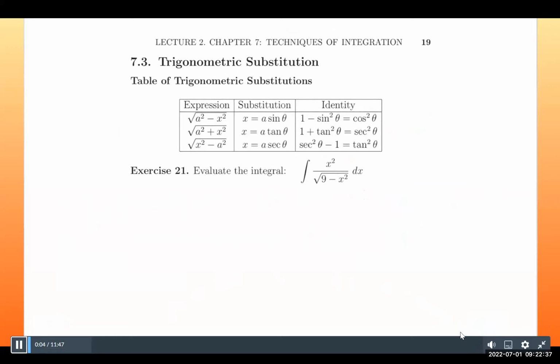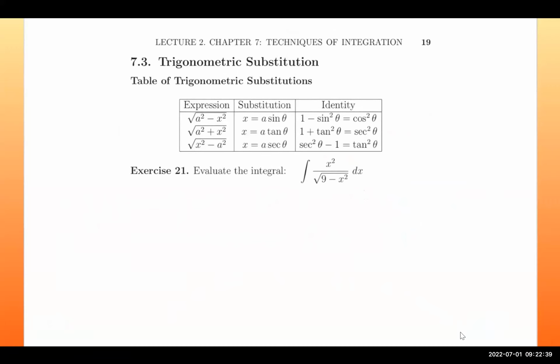This section is 7.3, trigonometric substitution. So you're going to have different cases. These are the three different cases, the first, the second, or the third. And then they'll tell you what substitution to make and which identities to use. All right, so for this first one, as you can see, it's in the form of 9 minus x squared,